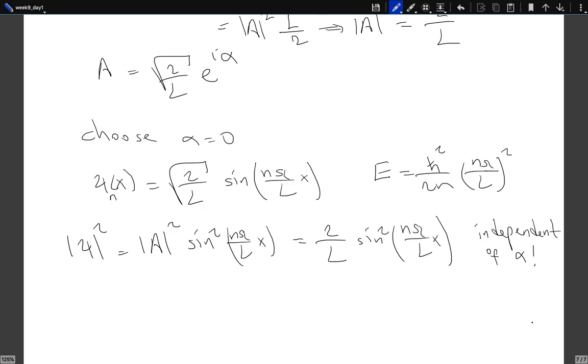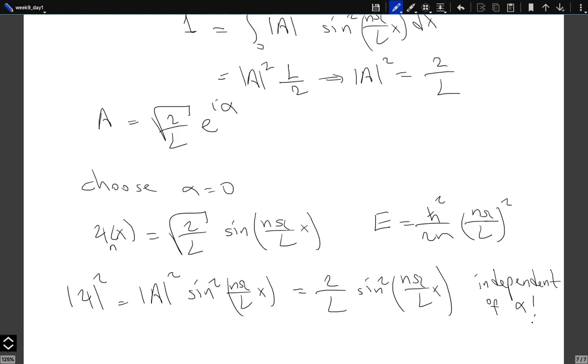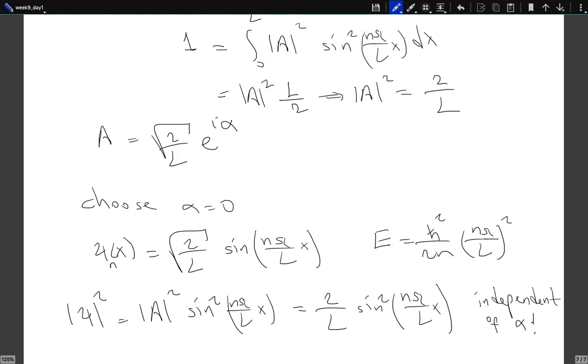Why did I introduce such an alpha? Well, I just wanted to write the wave function explicitly. That's why I introduced the alpha. But since that alpha doesn't change my probability distribution, you can just choose whichever value you like. It will not be important. You see, this alpha is a phase that multiplies all of my wave function, not just part of it. We will have cases where the wave function will be the sum of various wave functions, not just a single one. Then the phase between those will be important. But here I just have a single wave function.